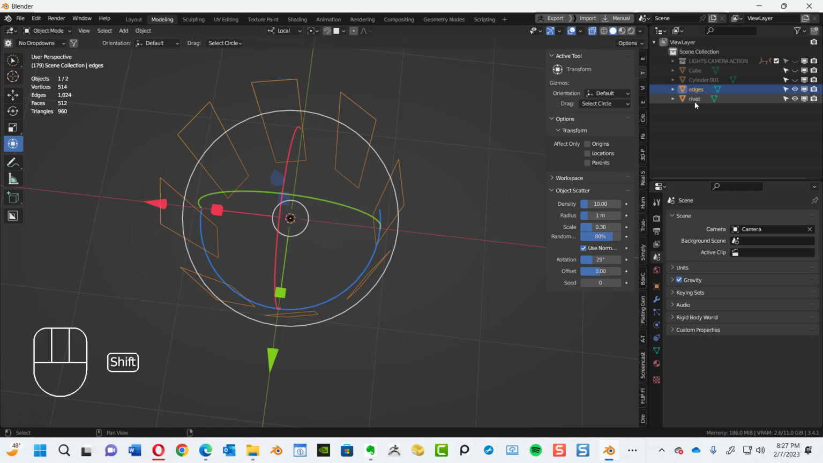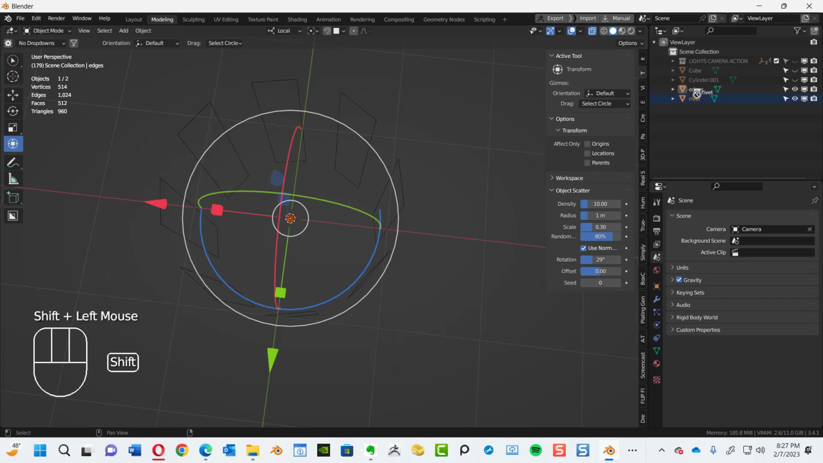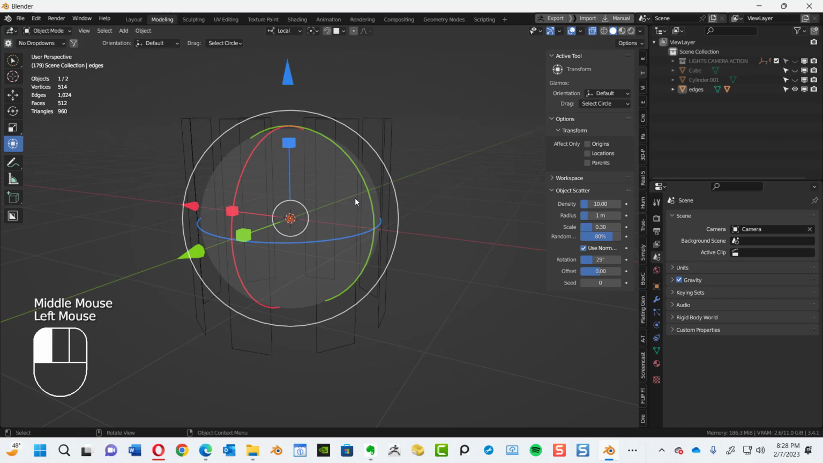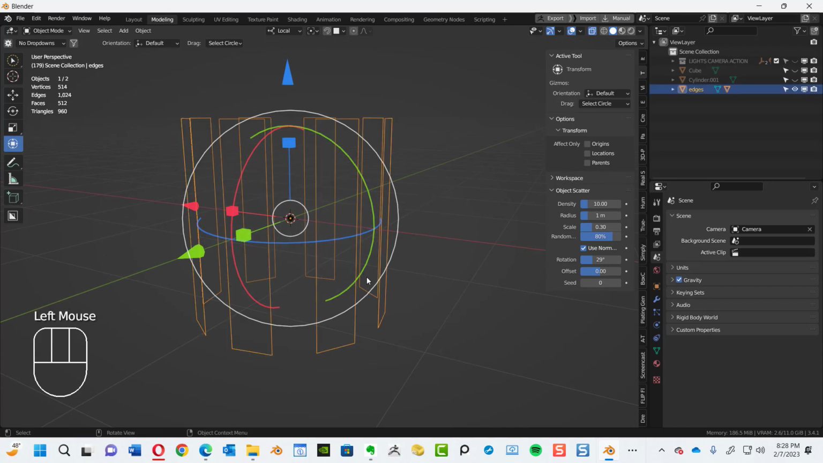If I hold the shift key and drag the rivet on top of the edges and release, now it's parented to it. Automatically parented right there. So the rivet goes away, but it's inside the edges. That's a fast way of parenting objects. Now all you need to do is this: just come right into here, grab that object,